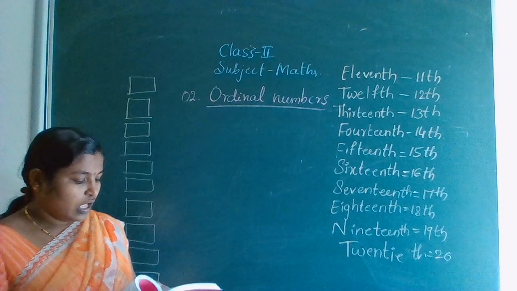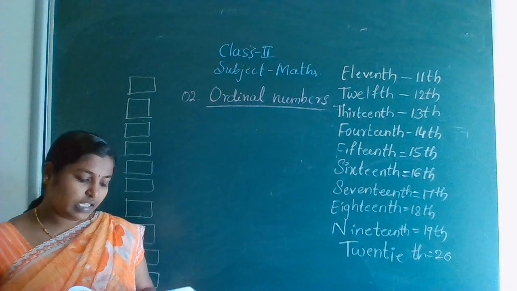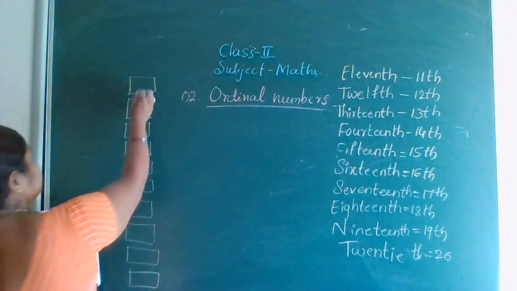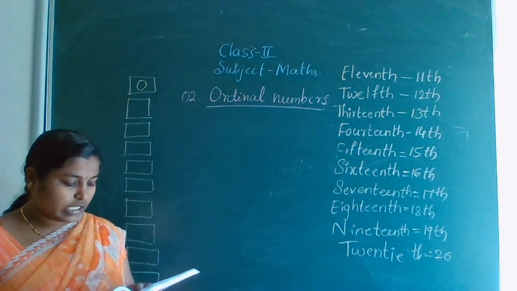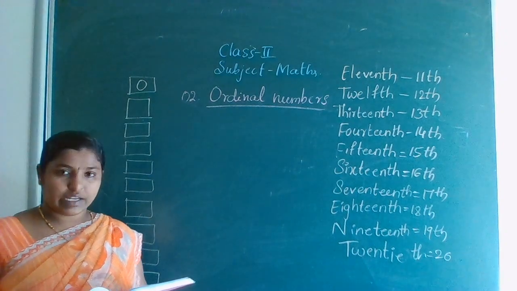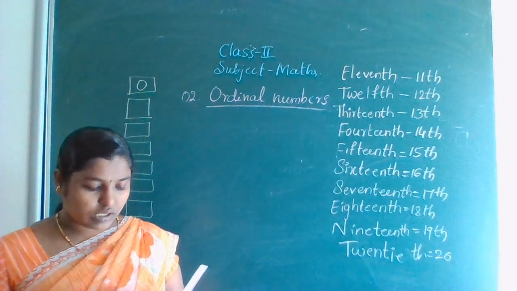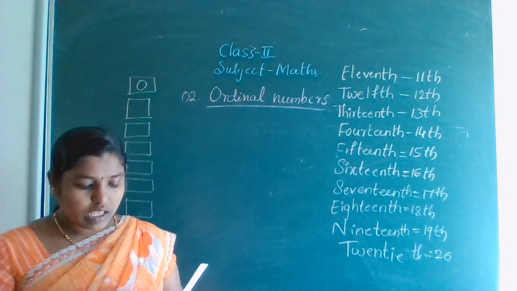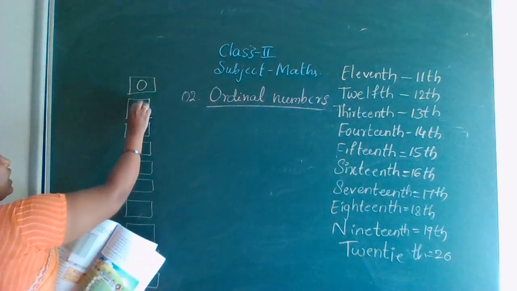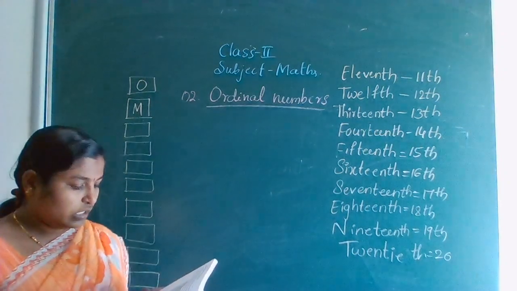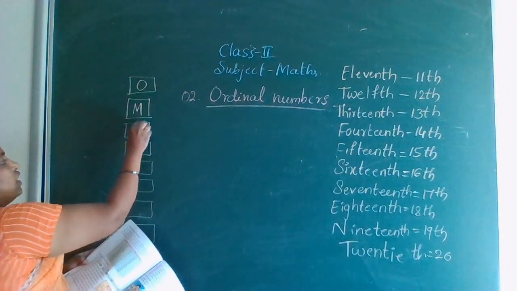First one. Dash is the third letter of the sentence. Which is the third letter in this? O. Write in this O. Second one. Dash is the 11th letter of the sentence. So count this. I love mathematics. So 11th box, search it. 1, 2, 3, 4, 5, 6, 7, 8, 9, 10, 11. So the 11th letter is M. Third one, dash is the first letter of the sentence. That is I.